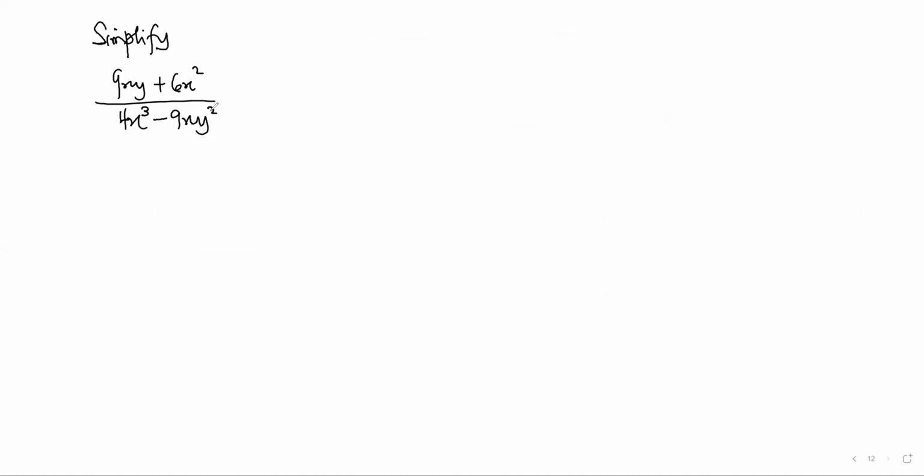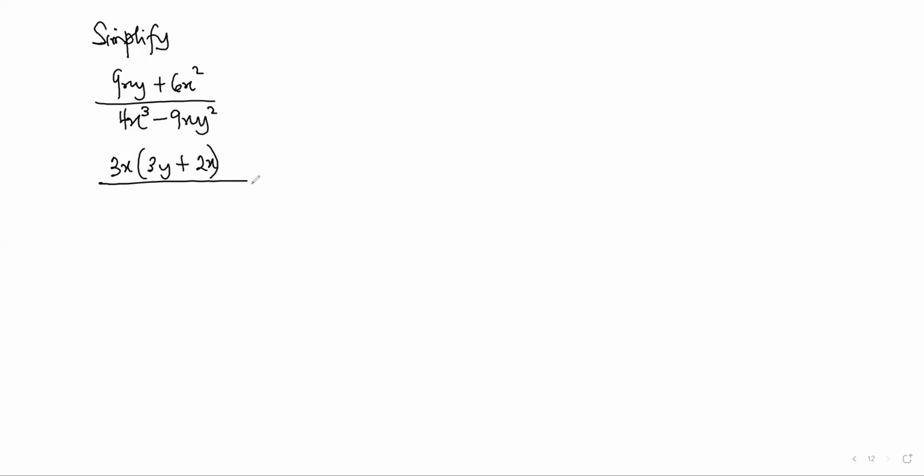So if you look at the numerator, what's common? 3 is common, and x also is common. So you'll be left with 3y plus 2x. Since we've taken 1x out of the x squared, we are left with 1x divided by,